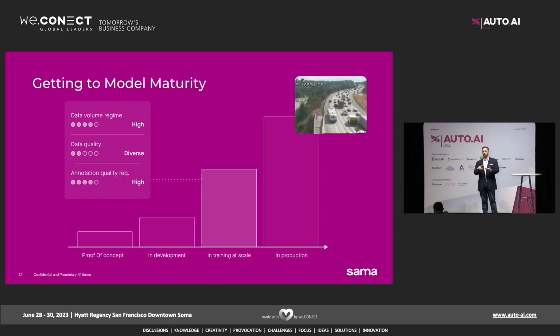Being able to understand how your model's performing, what edge cases and what errors your model is actually having. Are they consistent errors? Are there certain classes that you're having problems with? Being able to spelunk into the reasons why your model is having a problem is going to be very, very important as you get through to validating your model.